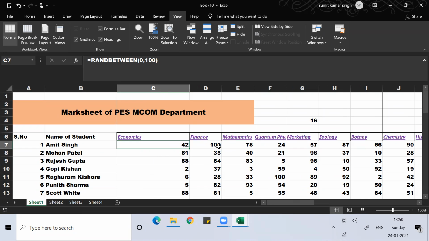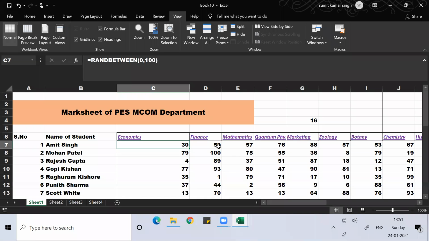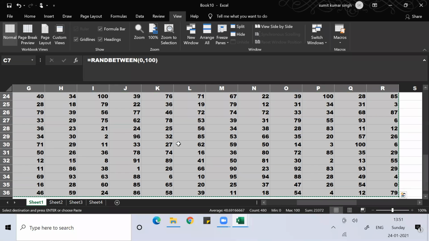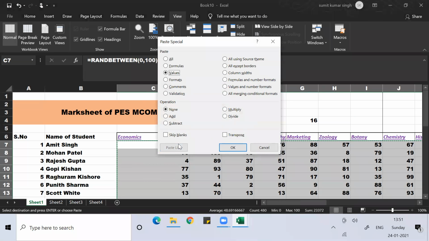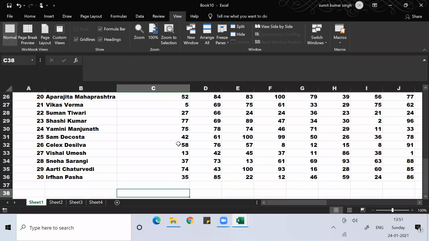The first thing I should do is remove these dummy numbers' formulas, because otherwise they will keep changing. I wanted the dummy numbers just for doing some statistical analysis, and I got them. So how do I remove the formula? Select everything with Control Shift, don't do Control A. Do Control Shift right arrow, down arrow, Control C, then Alt E S V. If you do that, the formula will get removed. Now you can see there's no formula in the data.